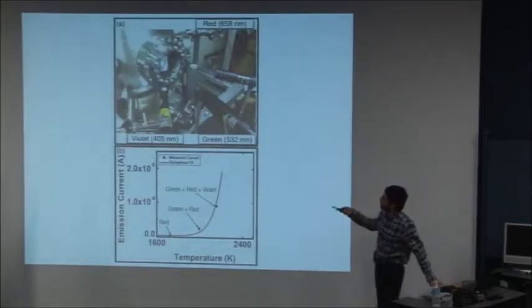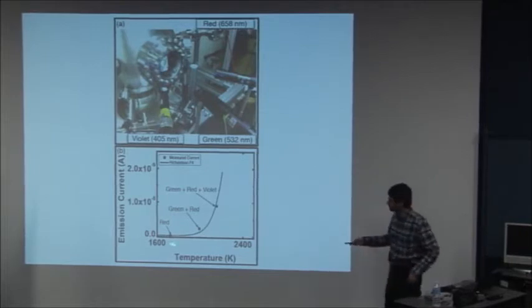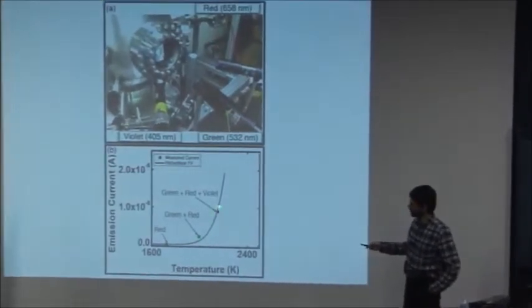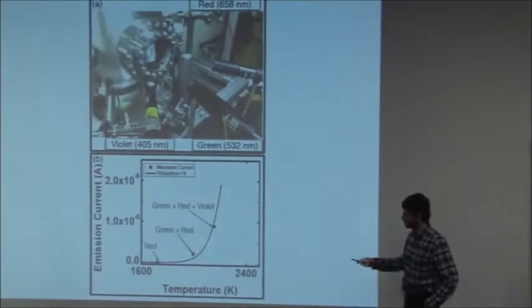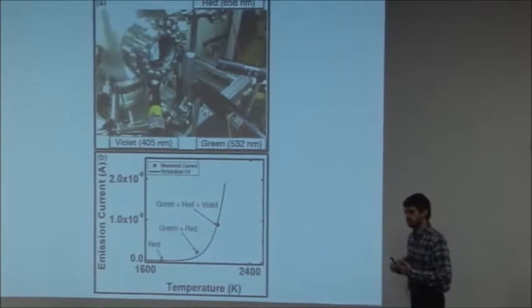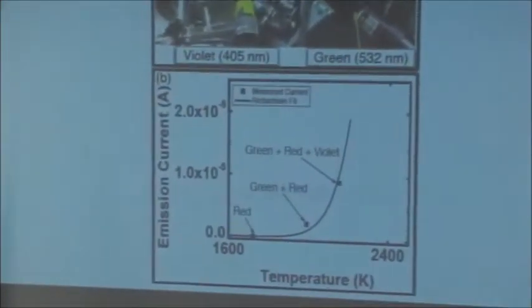And here I'm showing a combination. When you take some of these different wavelengths and try to combine them, you see that it's really just adding the powers that matters, even though the wavelengths are different. If you add two lasers, the current that you get is as if you had the power of the two added in one wavelength, and it increases exponentially.